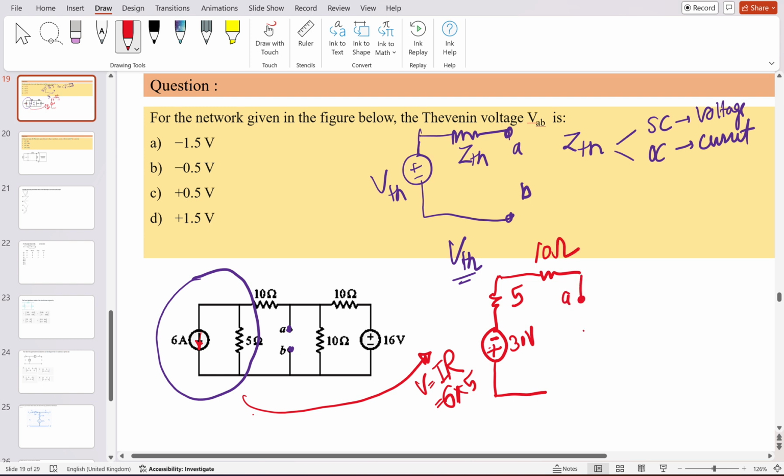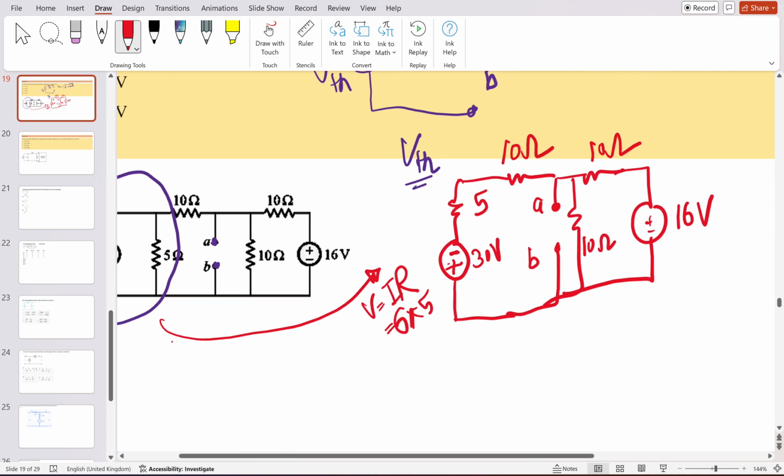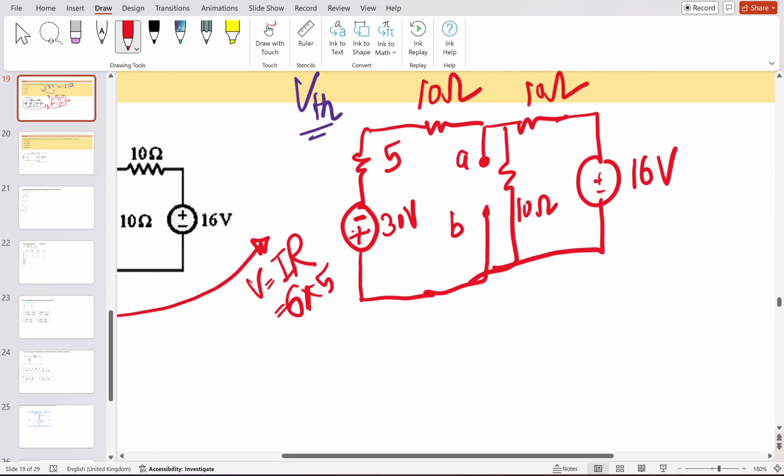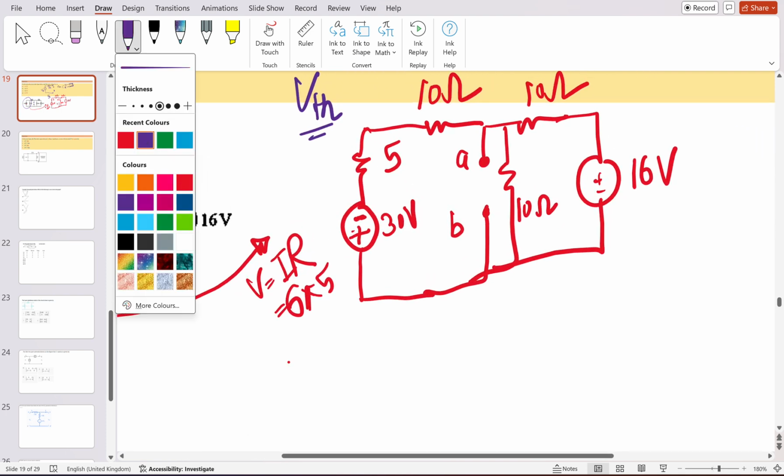This is terminal A, this is terminal B here. And here this is 10 ohm, and this is also 10 ohm. And there is a voltage source here that is 16 volt. Okay. When you apply the KCL here, suppose I want to apply the KCL